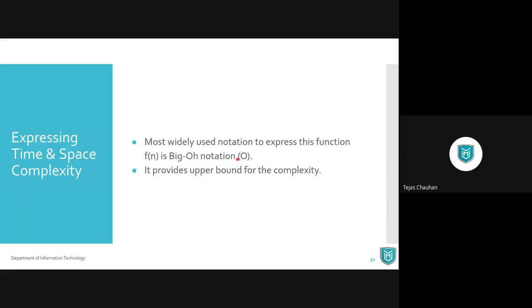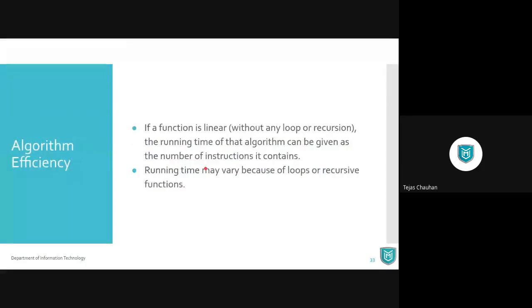Now this is a notation, which means the same notation we can use for time complexity as well as space complexity. It's just a notation. Now we need to be sure whether the given function is for time or space. So I know that big O notation is there to represent my time or space complexity, and that complexity will be in terms of input size, which is function f of n. But how do I calculate that function? How do I define that function? That's the next question that comes to our mind.